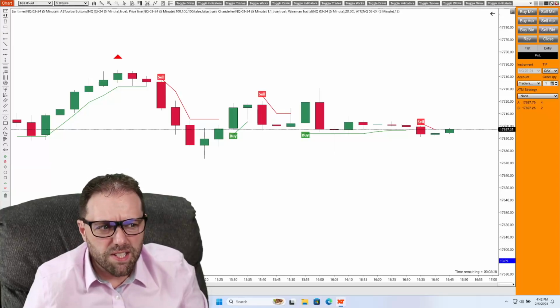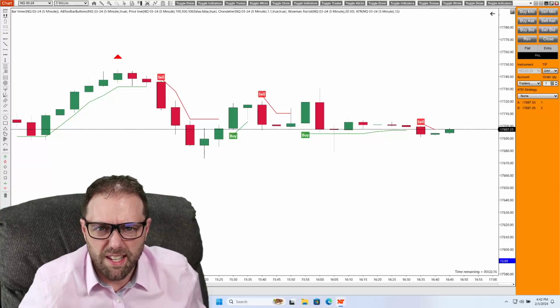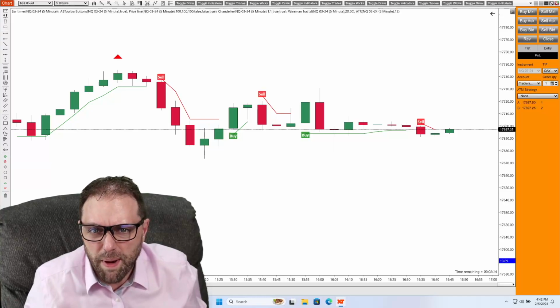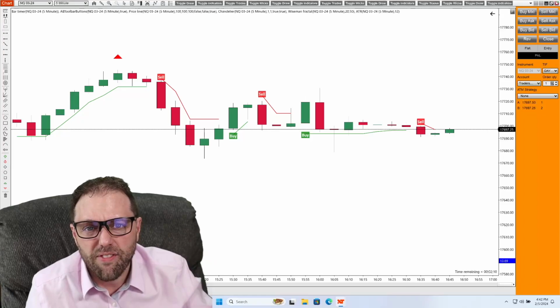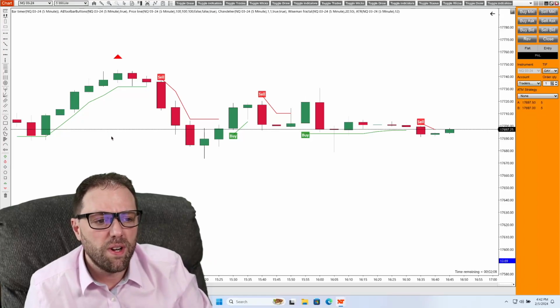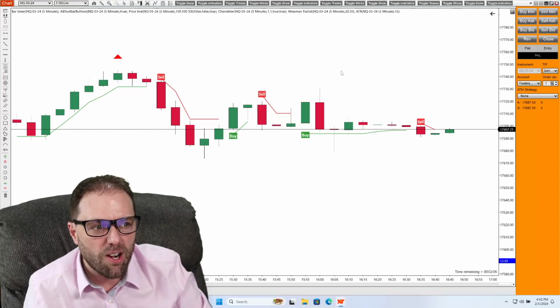You just added a bunch of indicators on your chart, but you need to change a few things. How do you get back to that window and adjust those settings? Well, once you have that loaded to your chart, what I like to do is right-click on a blank area